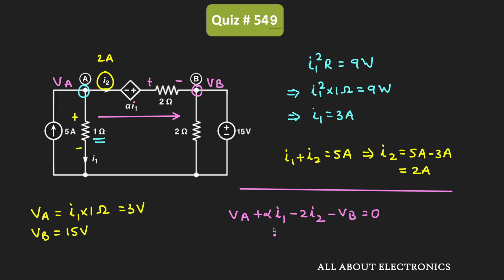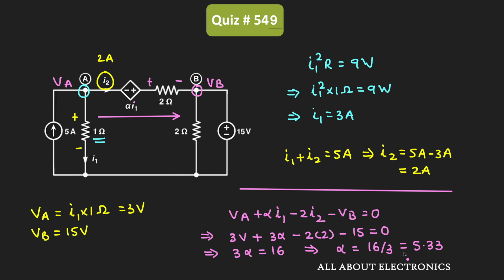Here we already know the value of the VA, VB, as well as the value of the currents I1 and I2. So from this we can say that 3 volt plus alpha times I1, that is 3 times alpha, minus 2 times I2, that is 2 times 2 ampere, minus 15 volt, is equal to 0. Or from this we can say that this 3 alpha is equal to 16. That means this alpha is equal to 16 divided by 3, and that is nothing but